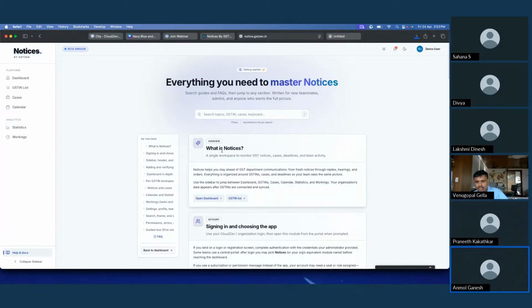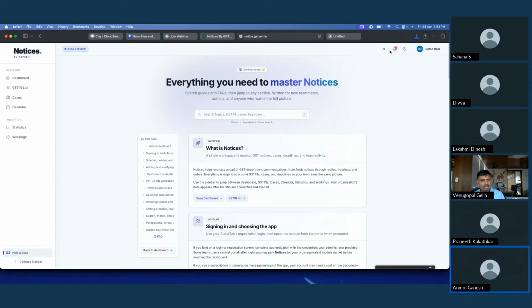So if you want to know what notices are, we already have that question and a proper answer for that. We have already listed all the kinds of questions that a customer might have or forget, or if he wants to know about something from our website, he can directly come to the help and doc section and go through it.